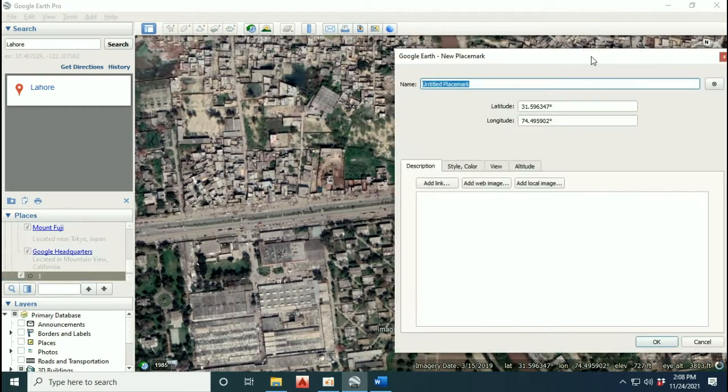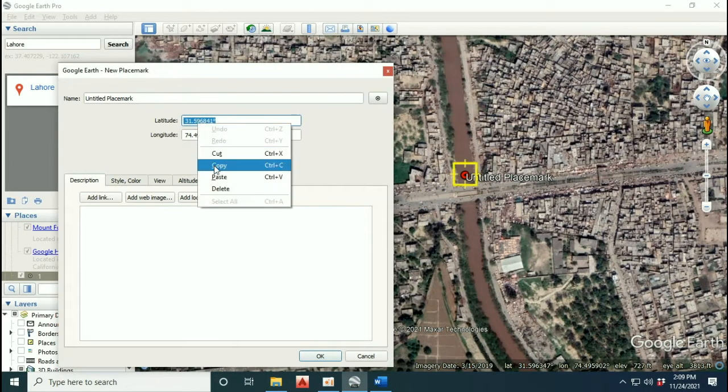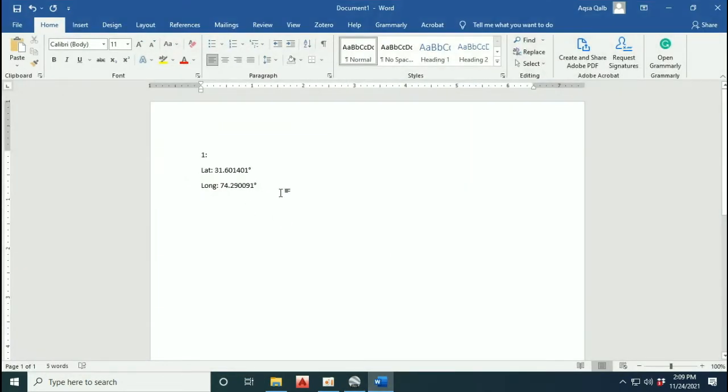If the imagery is tilted, use Alt plus R. Again repeat the process and save the points in the Word file.